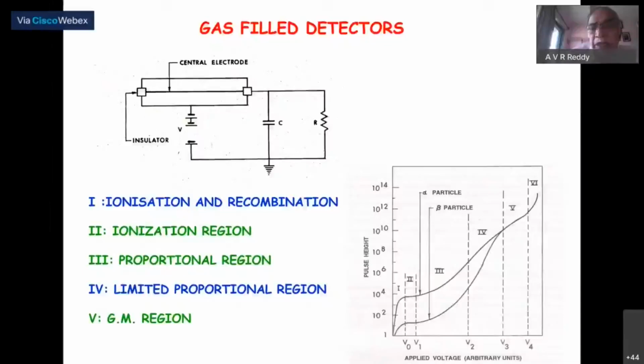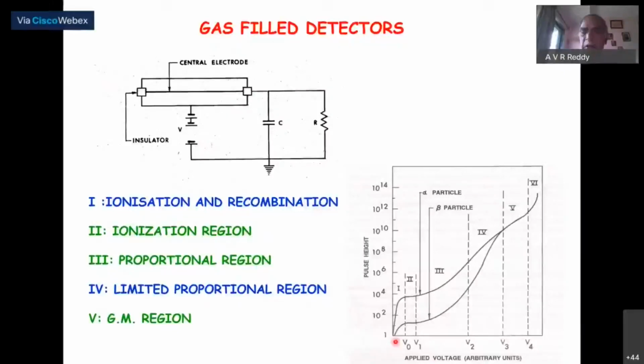So what happens is, if the voltage is 0, you don't see anything here. What is the y-axis? Pulse height. Pulse height means the number of ion pairs, essentially the number of electrons, in this arrangement. So if the voltage is 0, we will not get any signal. Once we start increasing the voltage, let us say 10 volts, there will be a competition between ionization and recombination. Radiation interaction produces ions, and recombination, a natural phenomenon, reduces the ionization.